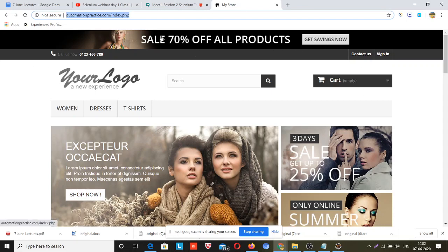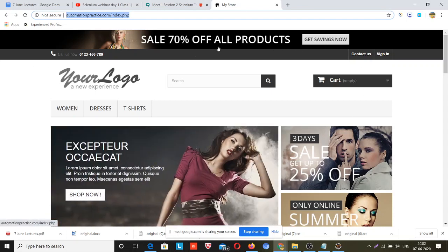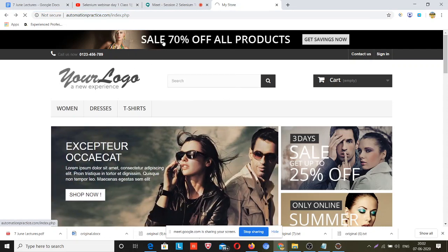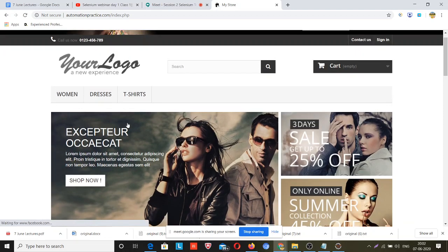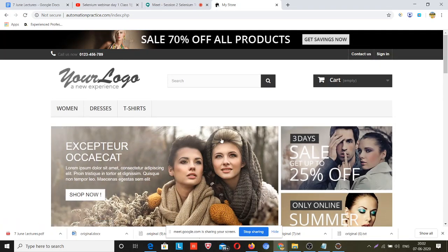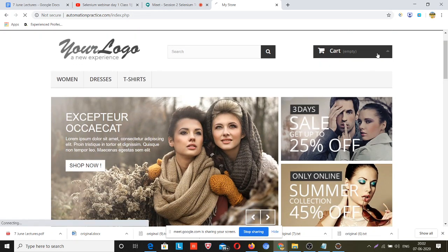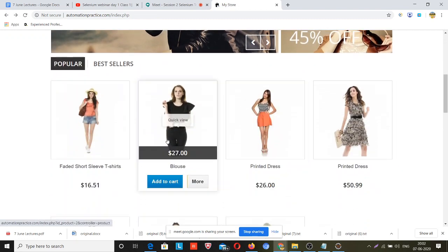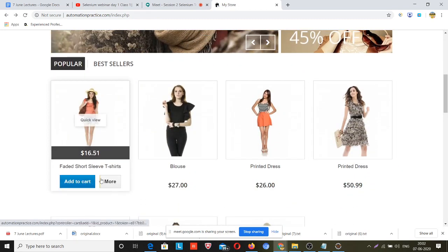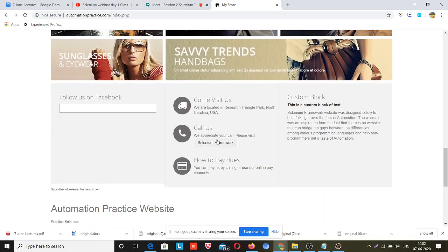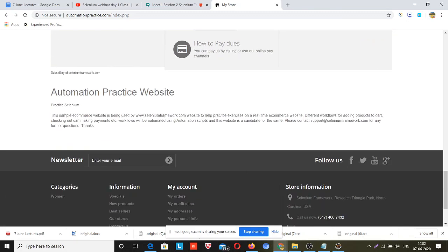This is an image, and this is a button, drop downs, this is the cart button. Again a button, again a button. This is the link, this is the link.